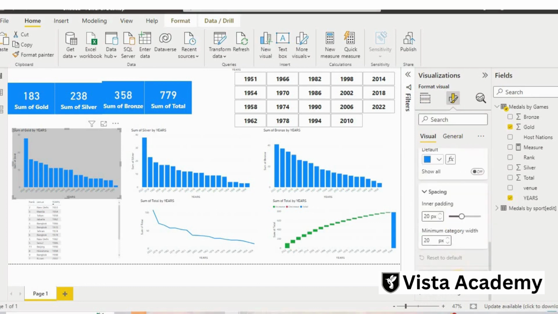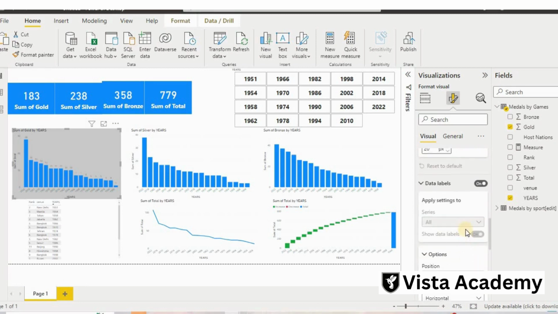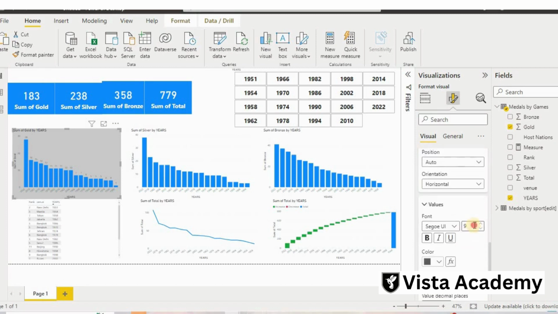I would also like to put the data label here. 22 is bigger, so I will take it 80 and bold it, so we can know what the sale is, the 28 is the gold and whatever.